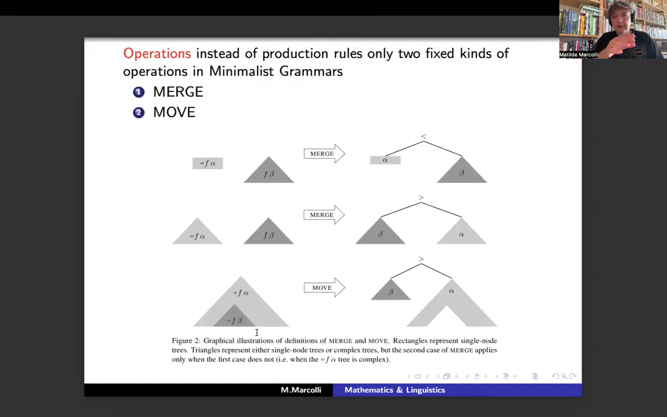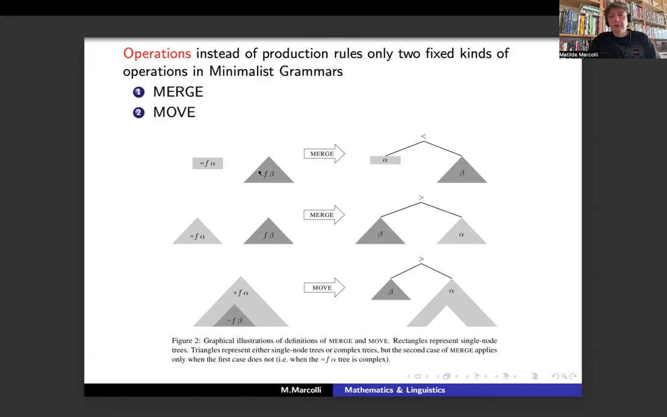And so in this formulation, the main operations, instead of having the production rules of the context-free grammars or these various context-sensitive cases that we have discussed, you have only two kinds of operations. You don't have to list all the different production rules. The two kinds of operations in this formulation we call merge and move, and essentially they are